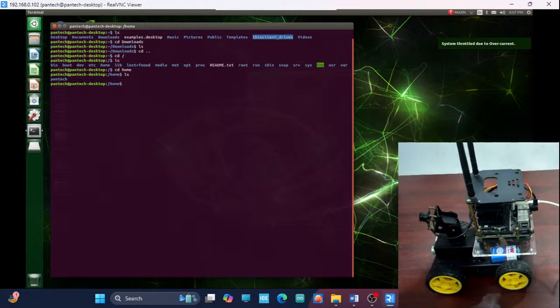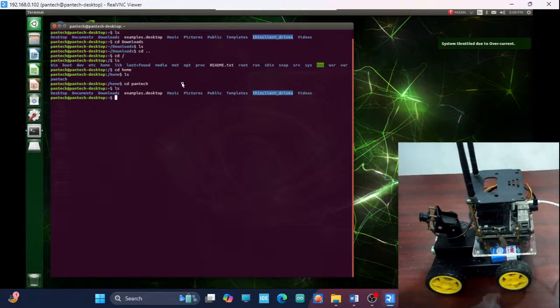So now you can give cd Pantech, which is nothing but change directory Pantech. If I hit enter, see, now we are back to our home directory because there is a tilde symbol instead of slash. Now if you give the ls command, now see desktop, documents, we are getting back to our